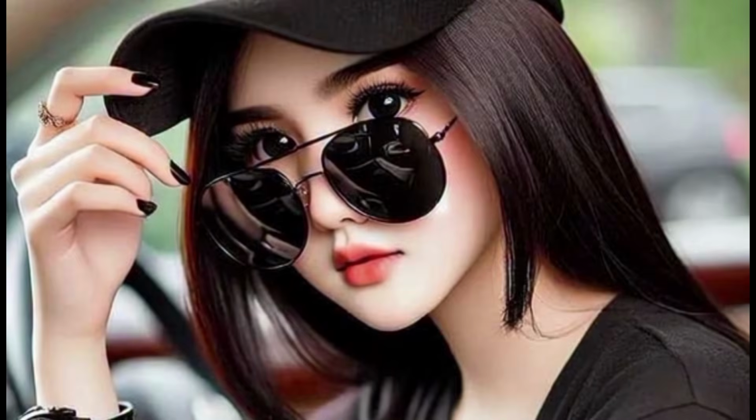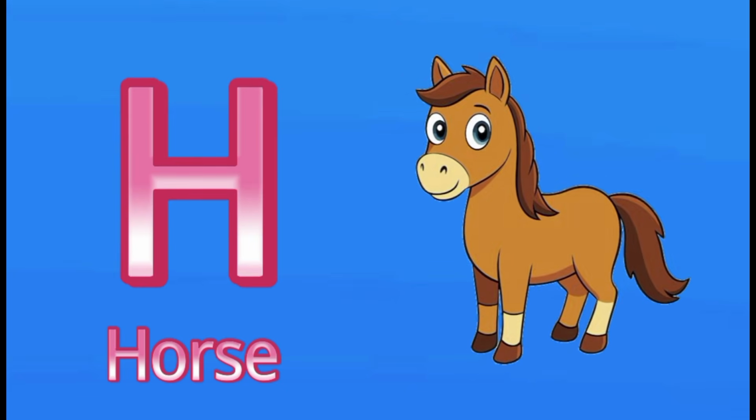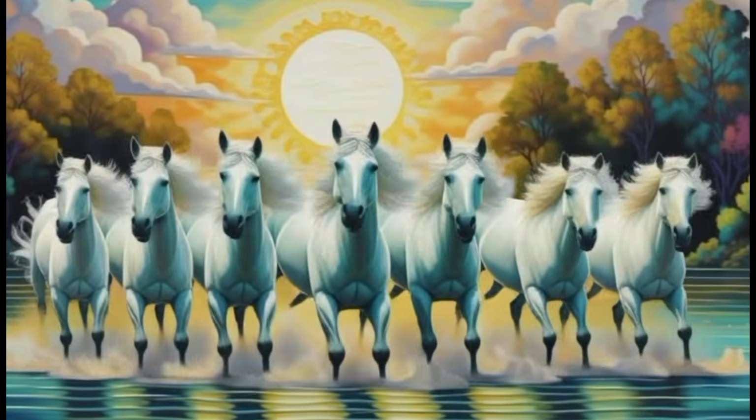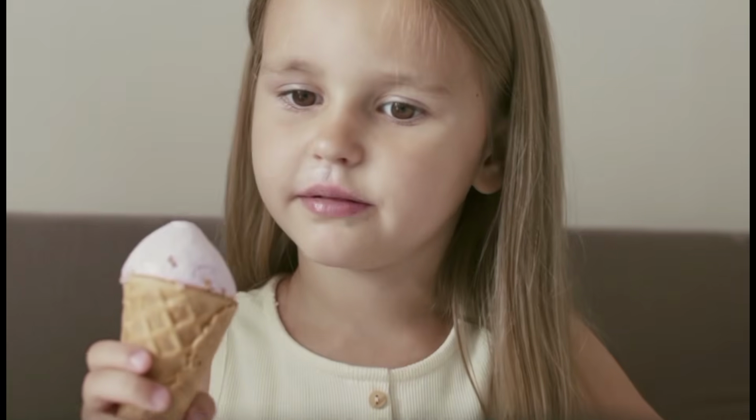glasses, glasses. Shiny glasses. H is for horse, horse, horse. Running horse. I is for ice cream, ice cream, ice cream. Cold ice cream. J is for jelly,